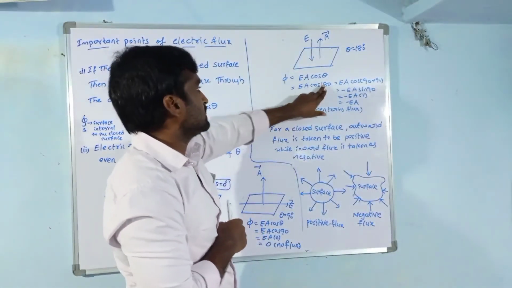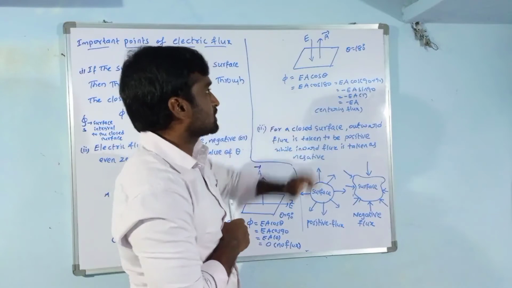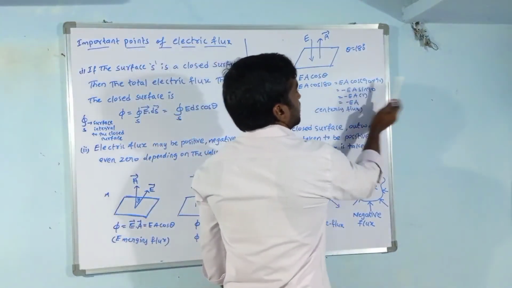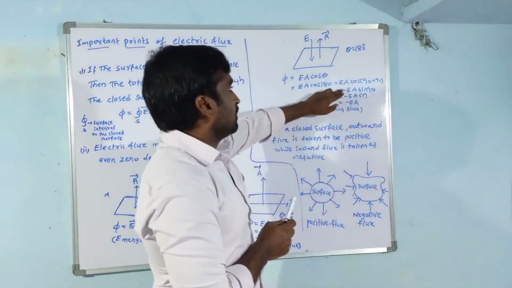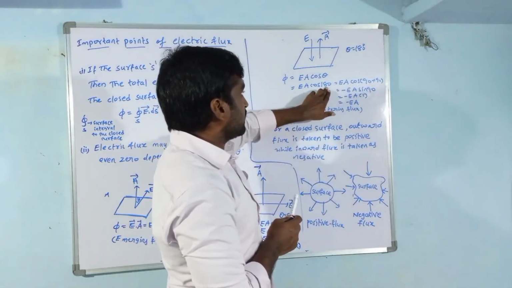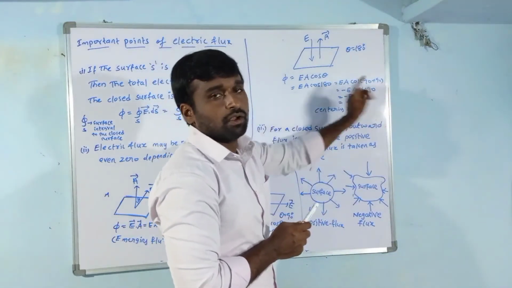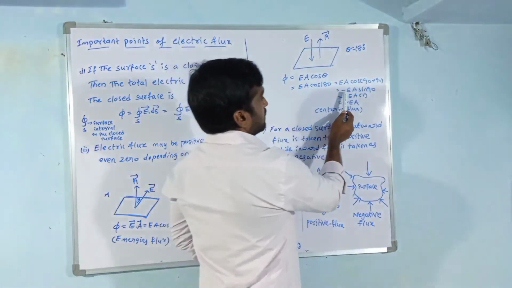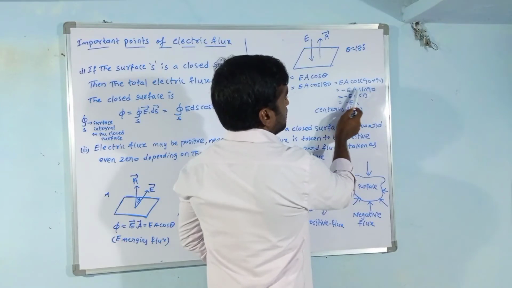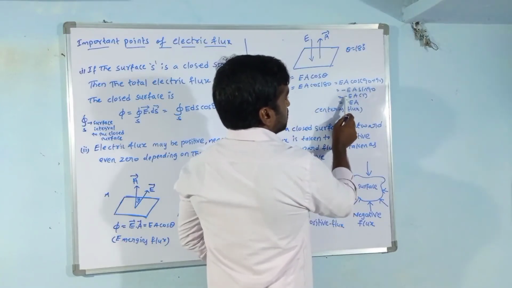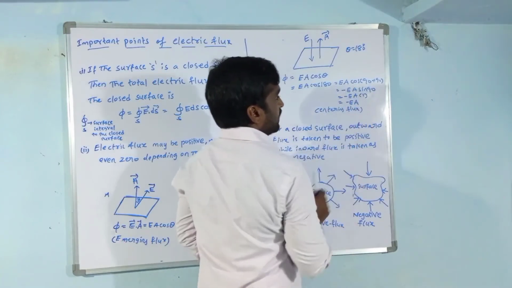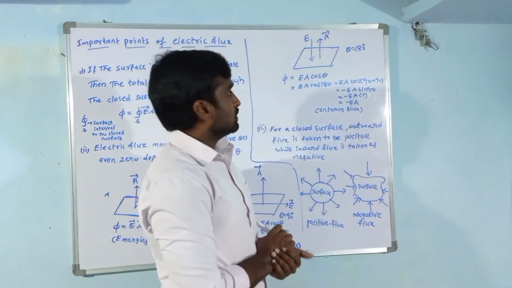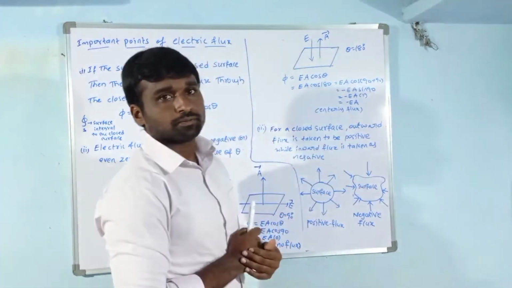Okay, now what is the electric flux linked with that area element? See here, phi is equal to EA cos theta, EA cos 180. What is theta? 180. When we substitute this, we can write cos 180 as cos(90 + 90). What is cos(90 + theta)? That is minus sin theta. That means I have written minus EA sin 90. What is the sin 90 value? That is 1. So 1 into anything is the same value, minus EA. So this is negative flux.